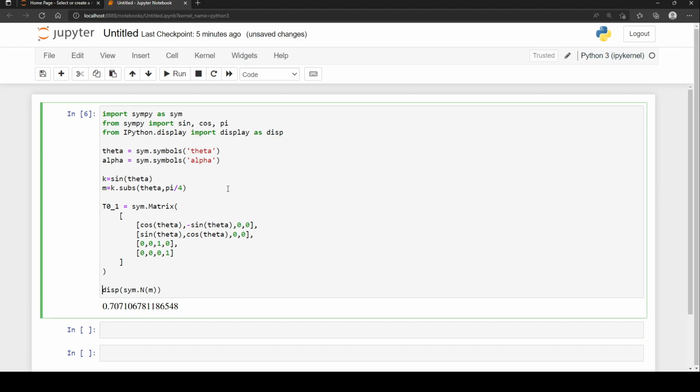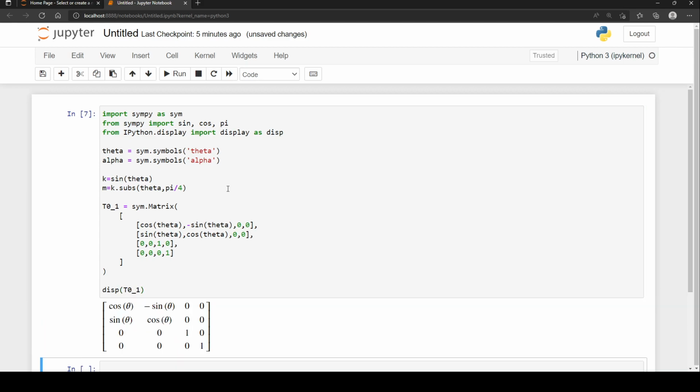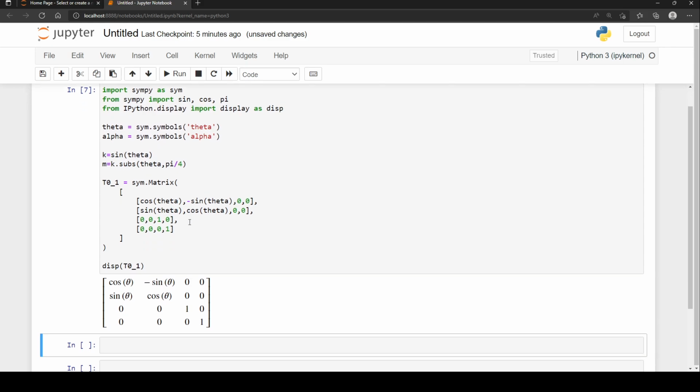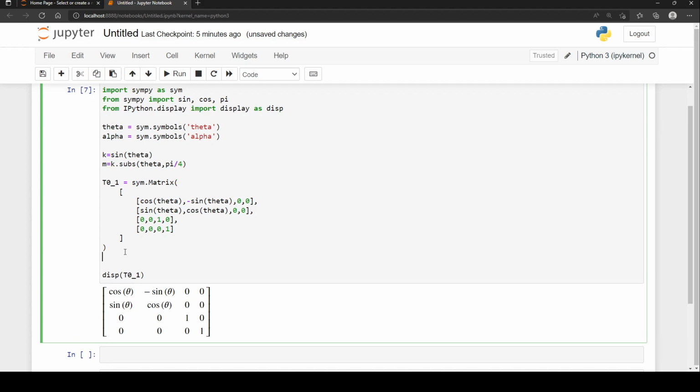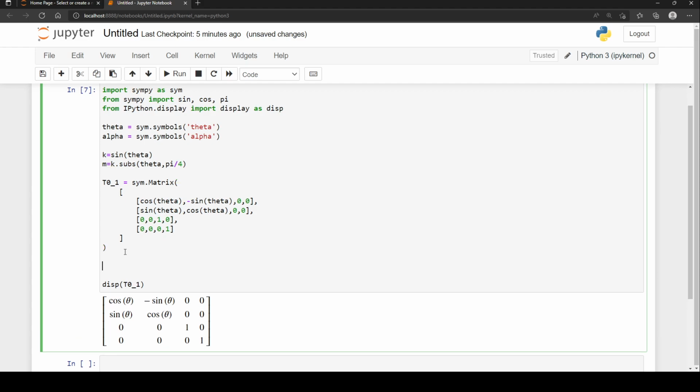Then I could display that matrix. Let's say I displayed t naught underscore 1, and you can first of all see it formats it nicely. But I can also now do the matrix multiplications as well as the substitutions in here. So let's say I wanted you to convert that to decimal places, and I told you that theta is 90 degrees. Then what you could do is you could say